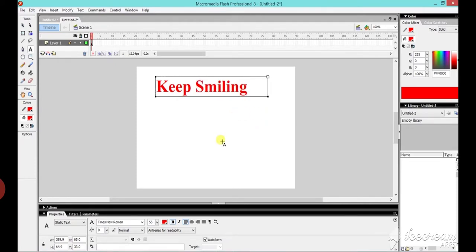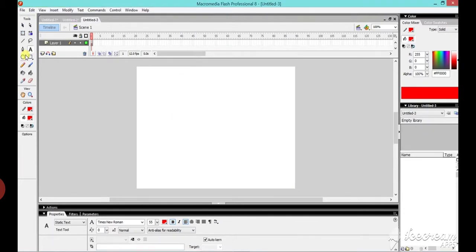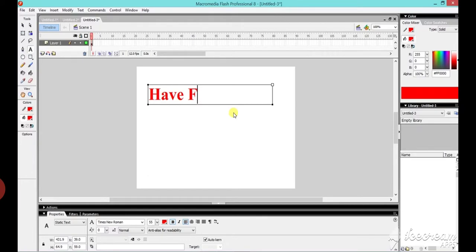See. Now take another file. See in this way. Here we type have a fun and then click a modify menu.